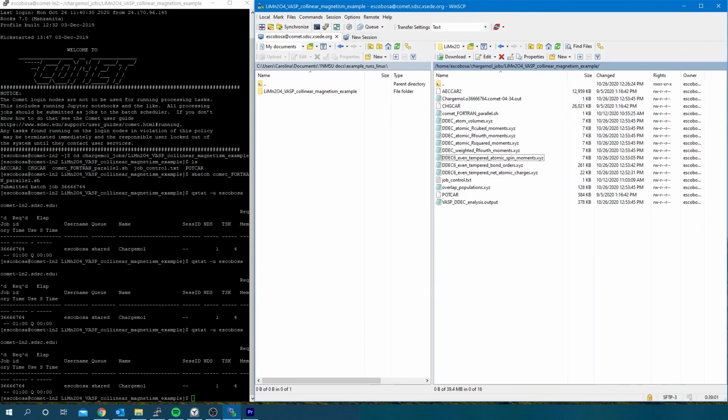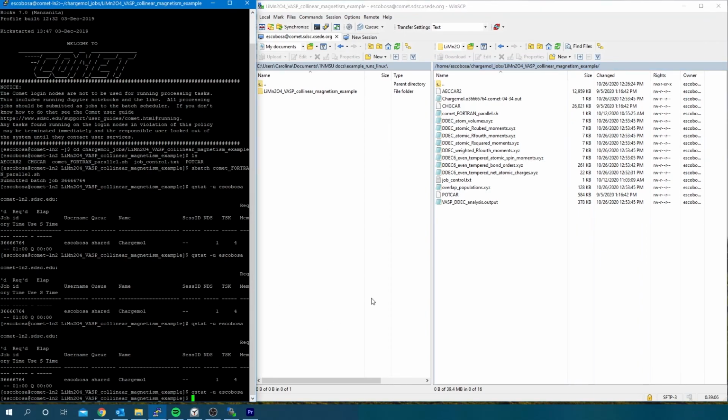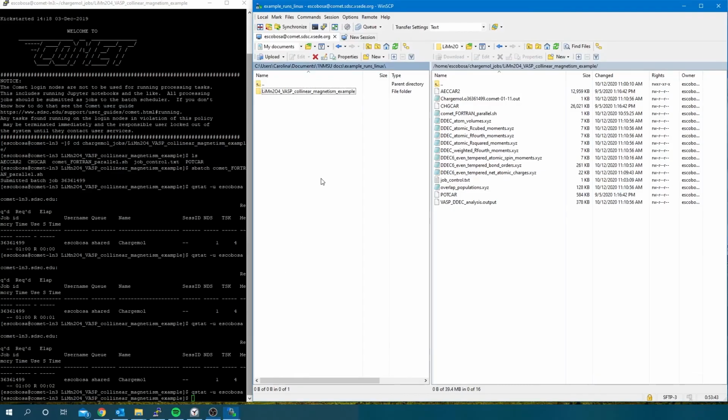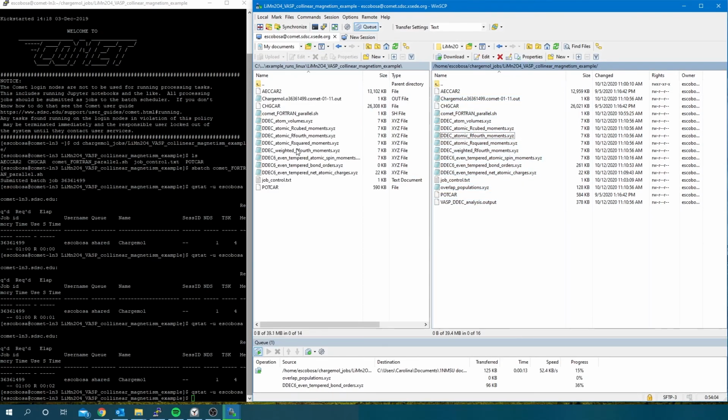Once the job is complete, PuTTY should not return anything after asking for the status of the job, as in here. Now, transfer back to your computer the output files that were created. I am using the Control key on the keyboard while selecting the files I want to transfer with the mouse. Drag them over to your computer, and now you should be able to see them in the folder you created for the input files.